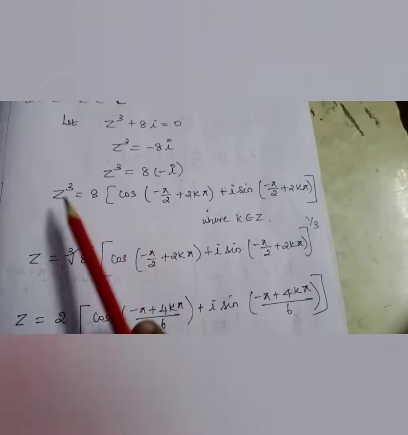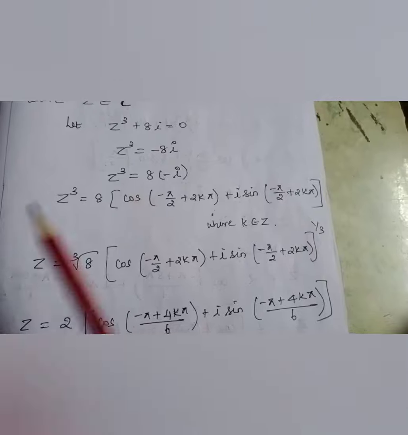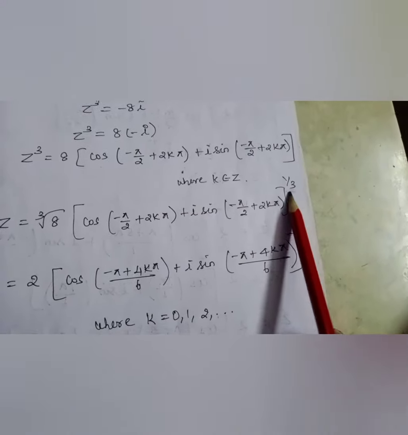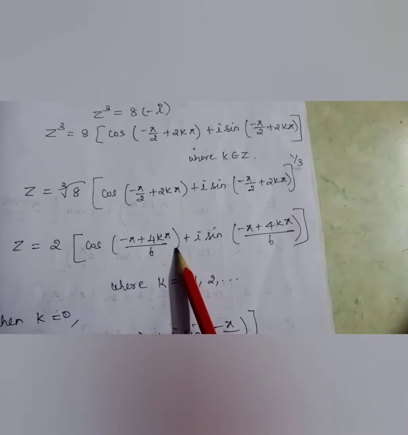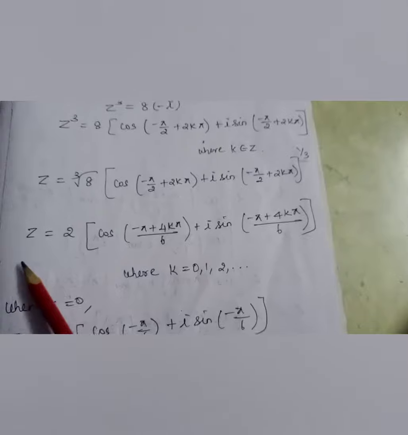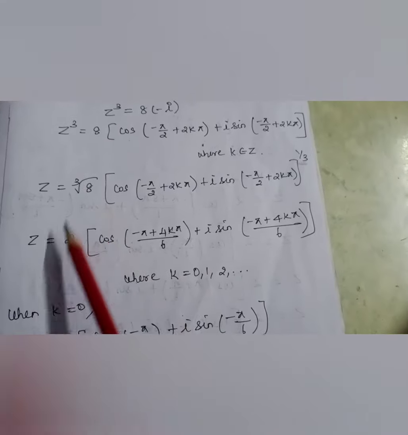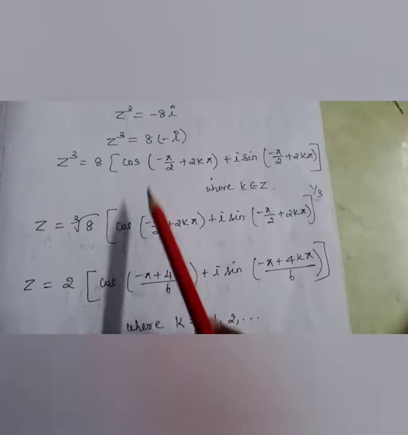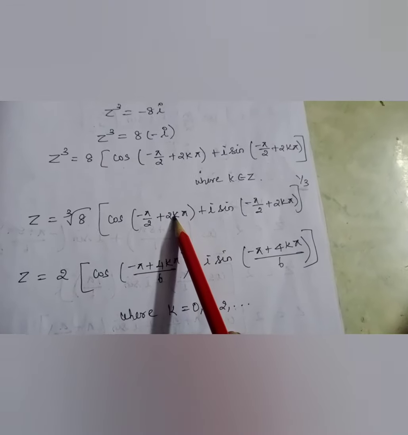Okay, then I am having the cube here. If I take the cube root to the other side, this becomes the whole power 1/3. Can you all see here? So using De Moivre's theorem, I will bring the 1/3 to the denominator, I mean to the argument. So z is equal to the cube root of 8, which is 2, into cos((−π + 4kπ)/6)... take the LCM, 2 into 2 is 4k.